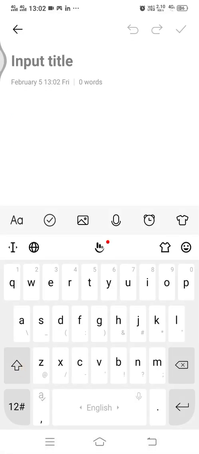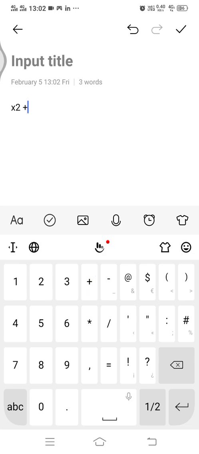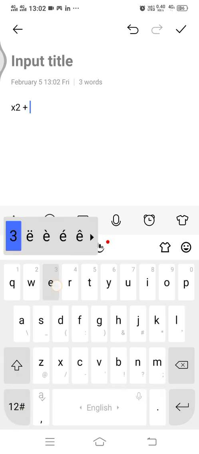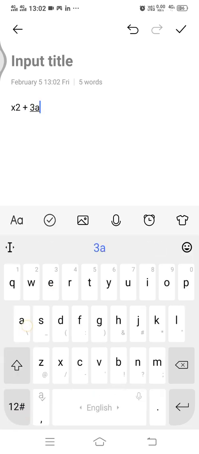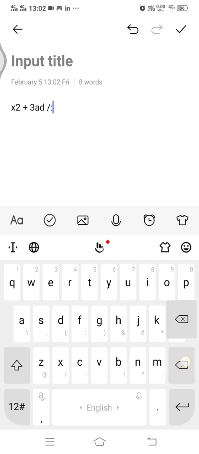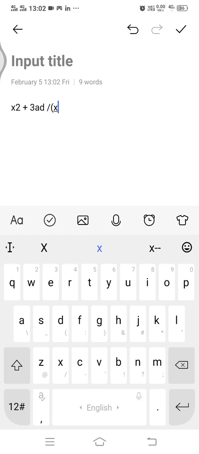Let's say we want to have x square plus 3ab, then divided by x multiplied by, say, k,